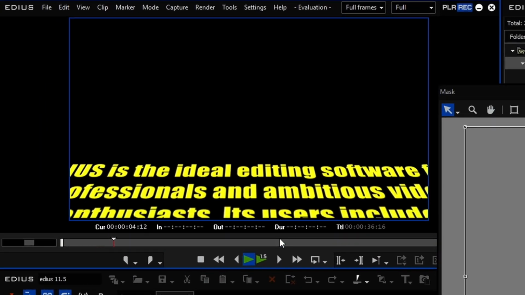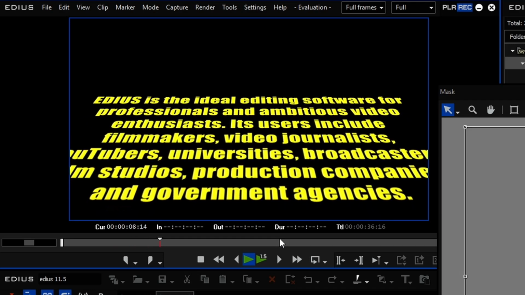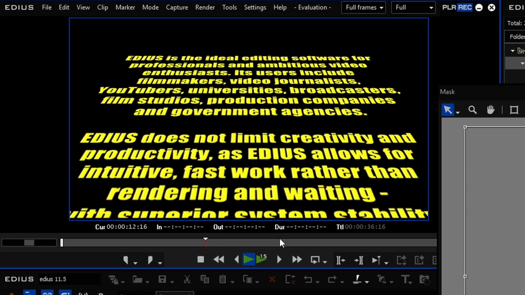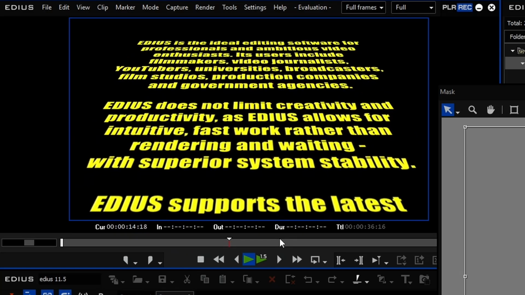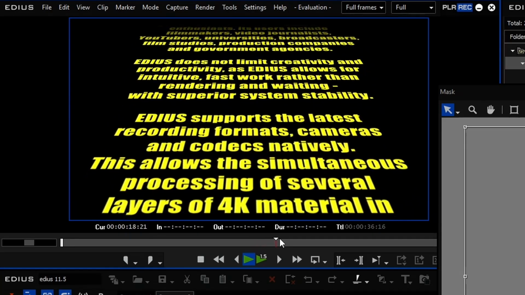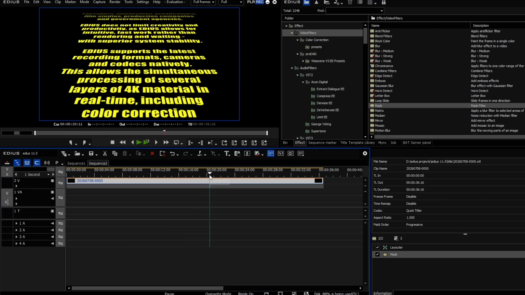Oh, you get the idea. On it comes. And then fades off at the top. Simple. That is very simply how you can do stuff in EDIUS QuickTitler. It actually is amazing the number of things you can do with QuickTitler by combining it with other filters. Anyway, hope you found that